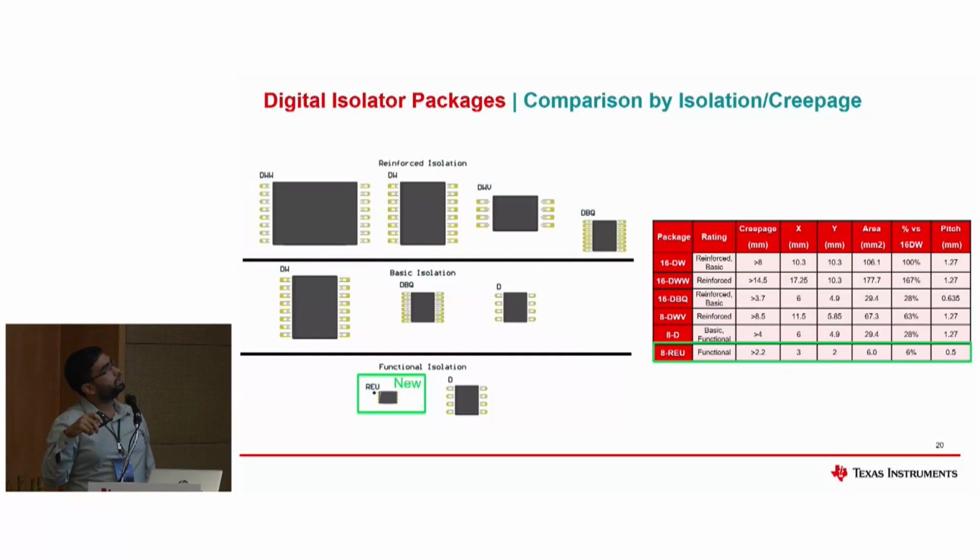I talked about the creepage clearance, and I want you to read this slide. The top row explains the reinforced isolation, and what packages we support with reinforced isolation. Again, reminding that reinforced isolation is determined by the V surge, which is a minimum of 10 kV across the barrier that the device needs to sustain. In the same packages, DW and DBQ, we have it, and 8D cannot be supported for reinforced because of package constraints, but we have basic isolation ratings for DW and DBQ.